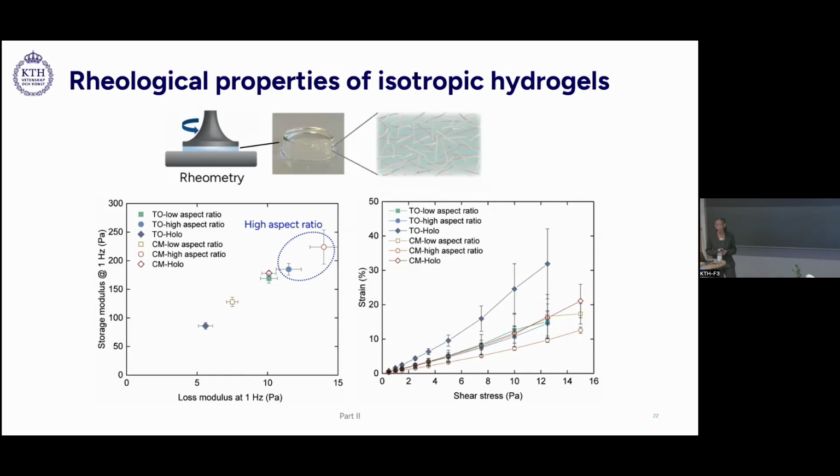And in the creep experiments, different shear stresses were applied and the resulting strain was measured. And here, the high aspect ratio CNFs showed the highest ability to recover, but interestingly, all the carboxymethylated fibrils were able to endure one more stress relaxation cycle before complete yielding. And this trend shows that the carboxymethylated fibrils seem to form stronger interacting networks.